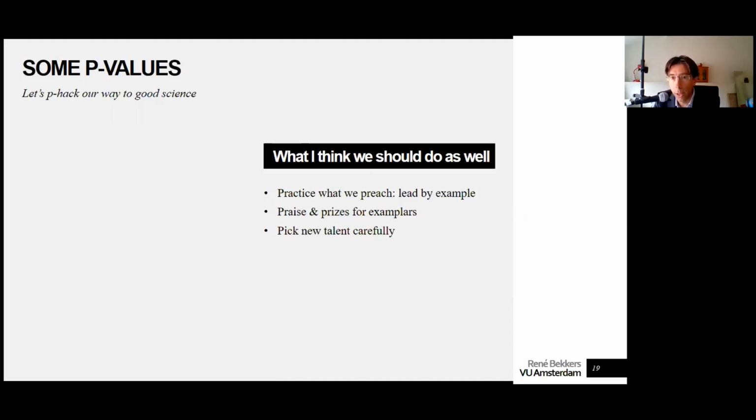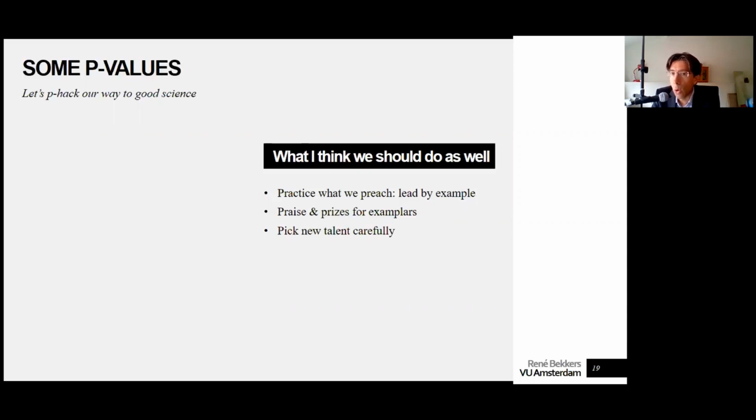And people perceive this problem of maybe having a disadvantage in their careers by not focusing on high impact publications, but by slow science. Well, of course, we need to reform, and we are doing that. We need to reform the way we are rewarding careers. And that's something that people actually mentioned as an important thing to do. And we can do this also by praising and giving out prizes for people who are doing an exemplary job in transparency and open science.